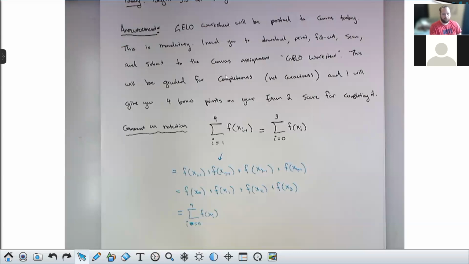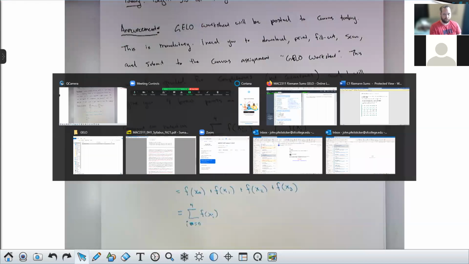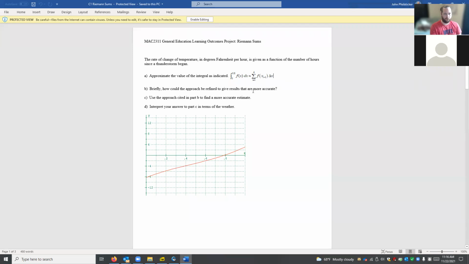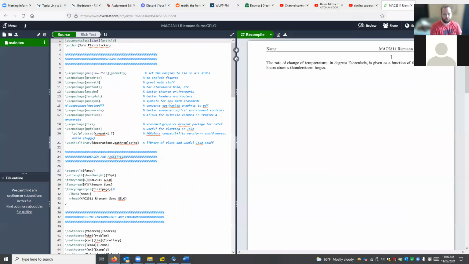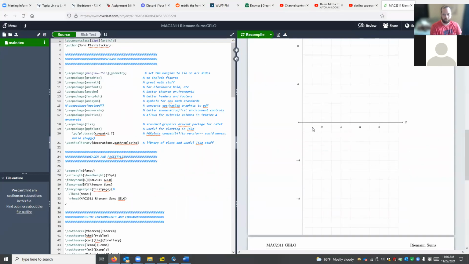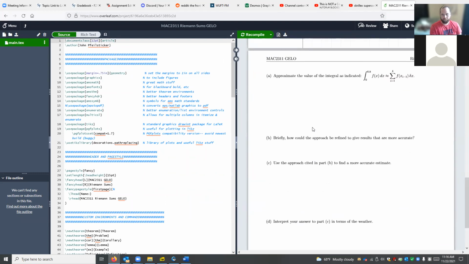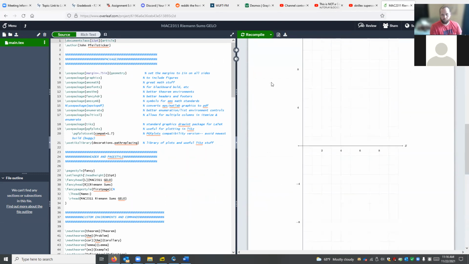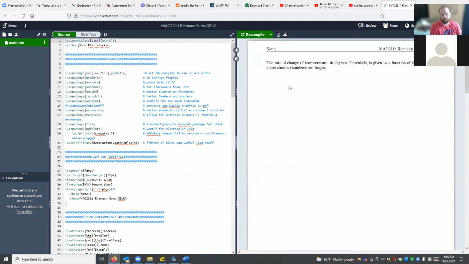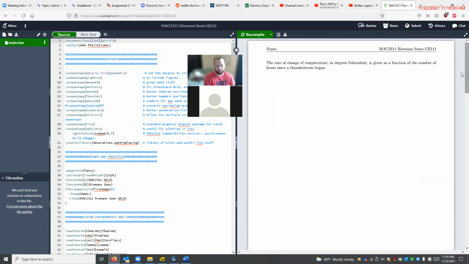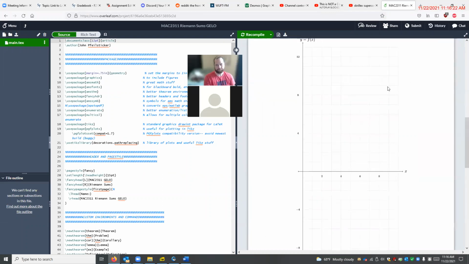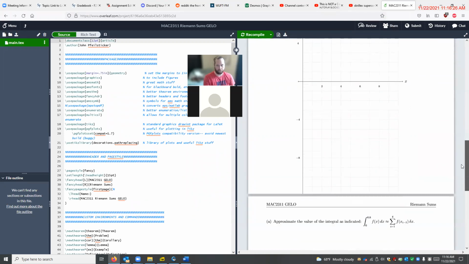All right, so for anybody who just came in, this is a little worksheet that I am going to upload to Canvas for you. It's going to look a little bit more like this. I'll fix that graph, but you're going to have the graph of a function. And you're going to be told that that function is the rate of change for temperature in degrees Fahrenheit as a function of the time, the number of hours since a thunderstorm began. So over here will be a graph for the rate of change of the temperature.